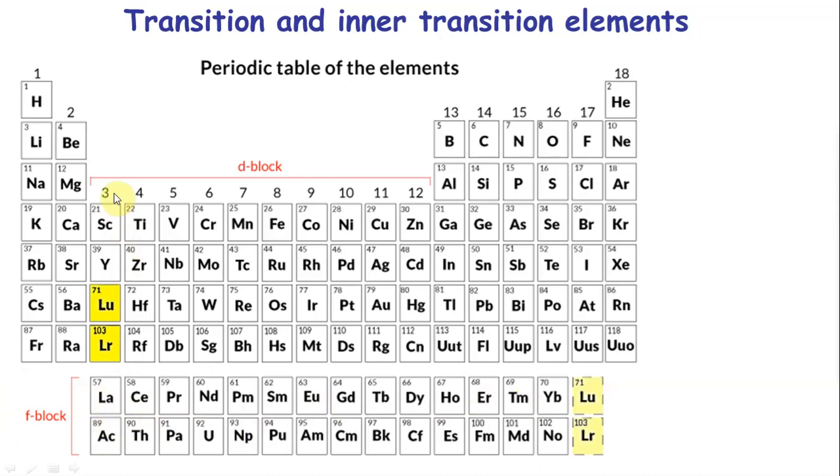Now looking at just D block right now, you can see that there are 4 periods. Now let's take it slow. The first D block period is called 3D, this is 4D, this is 5D and this is 6D. As we can see, 6D is incomplete still, and similarly this would be 4F, 5F. Because these start with La, they are called lanthanoids. These start with actinium, these are called actinoids.